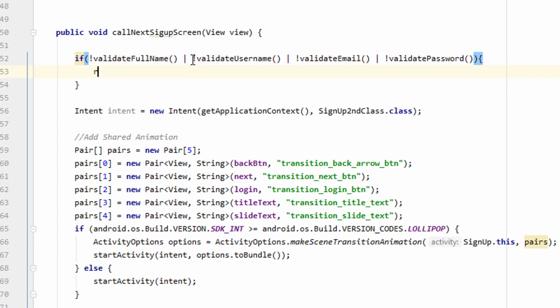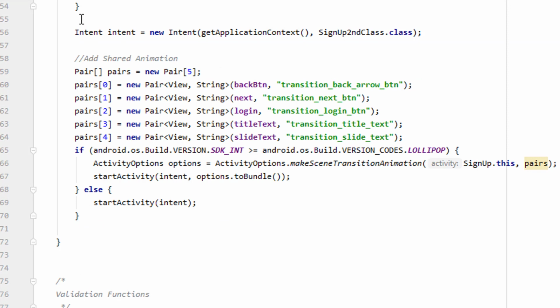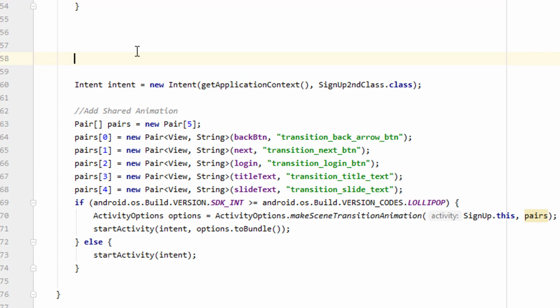So now inside this if, if any one of them going to return false, this if will be executed and we will simply return. In other case, if there is a success story, if they all return true, then it is not going to return anything, and we can simply jump to our next screen. So before moving to the next screen, we want to pass our data of these all 4 fields to the next screen as well. So for that,